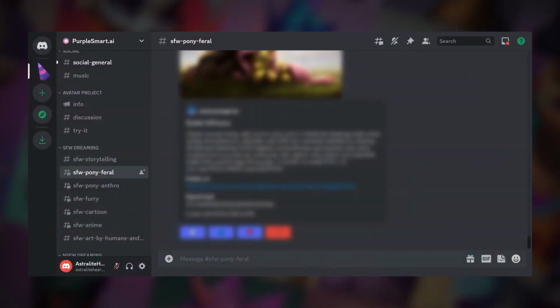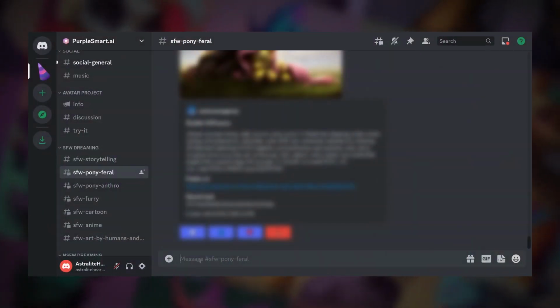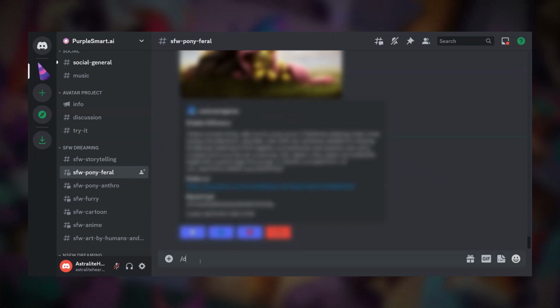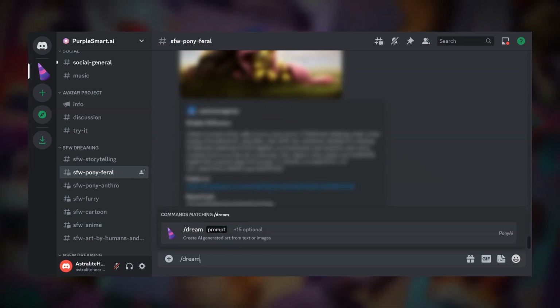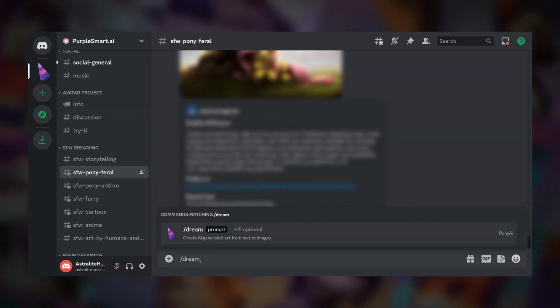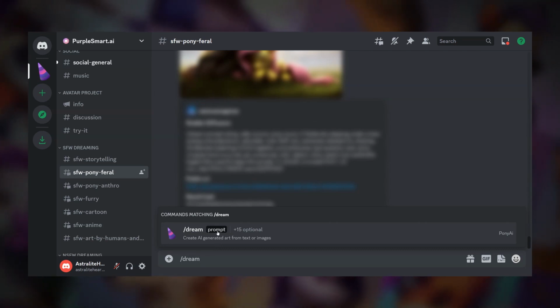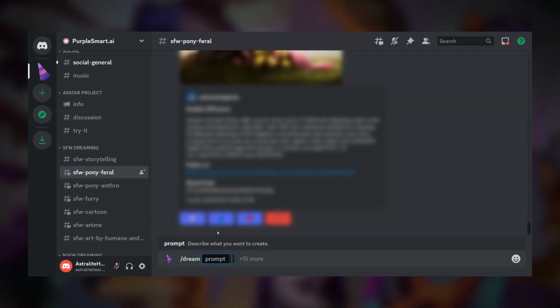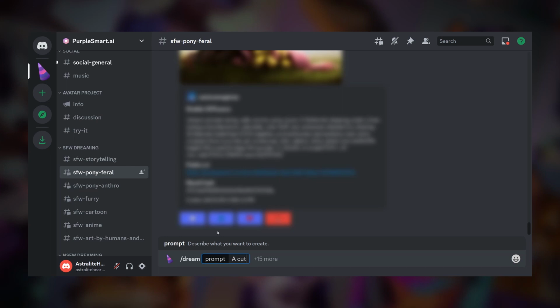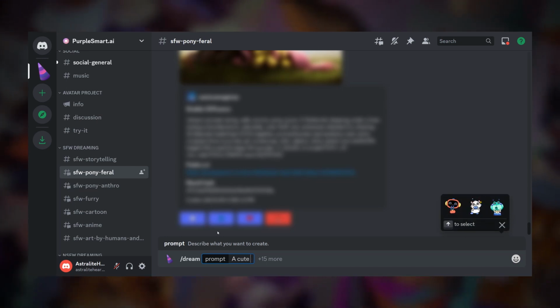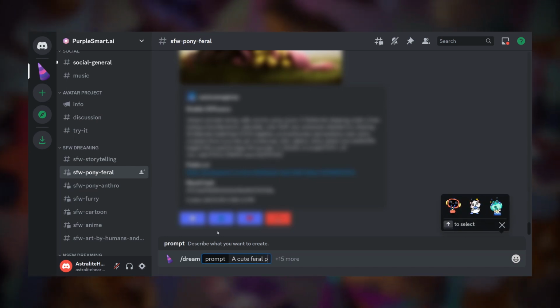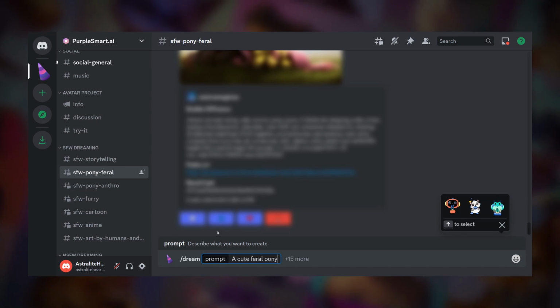Now that you've opened one of the generation channels, let's start by typing /dream in the chat box. You will see the dream command above and should select it. Next, the prompt input box should appear. This is where you will tell the AI what you want. Type something like, a cute pony walking in the forest, or an anthro fox sitting in a bar, or honestly,